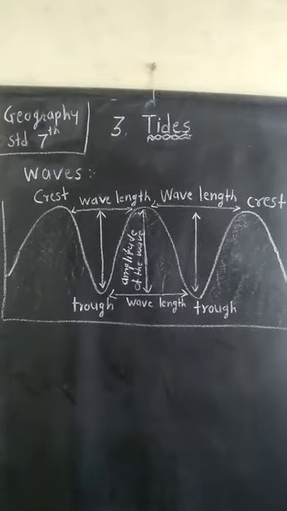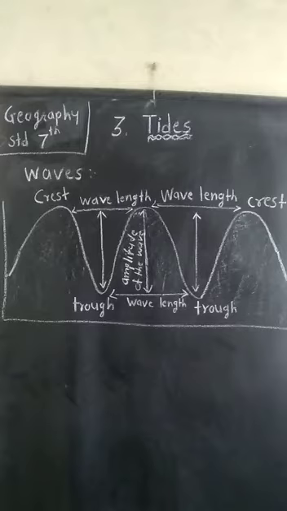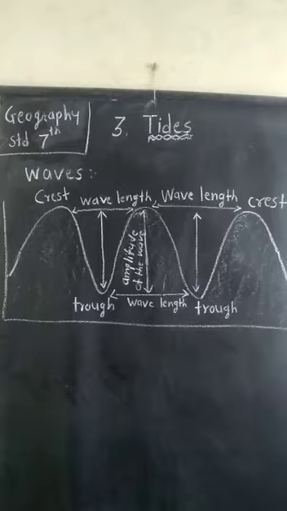Now we will get more information about waves. First of all, tell me what is a wave? Do you know? Ripples. Ripples, meaning small waves generated on the seawater surface, are called waves. I repeat it again. Ripples generated on the seawater surface are called waves. The seawater moves up and down or slightly forward and backward due to the waves.